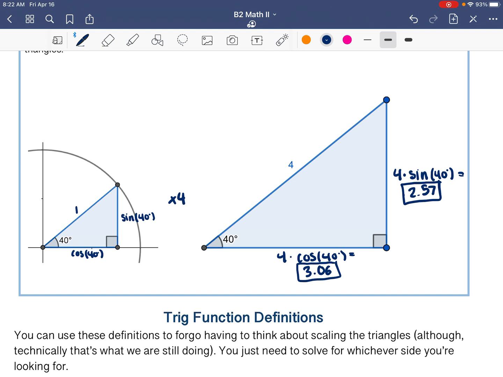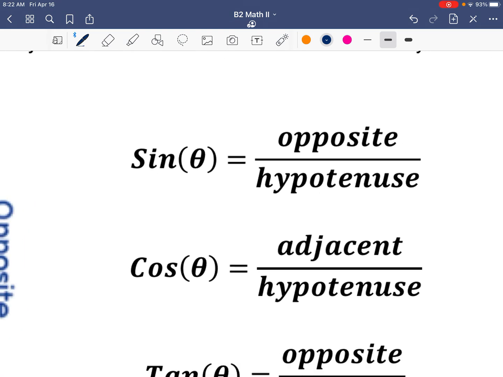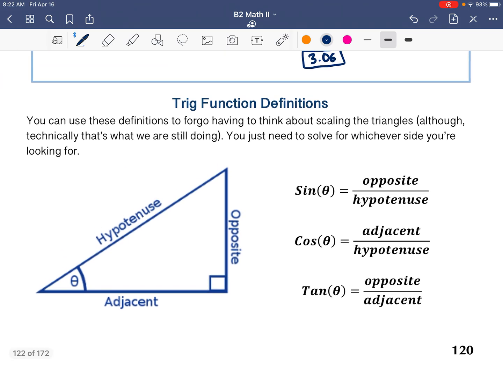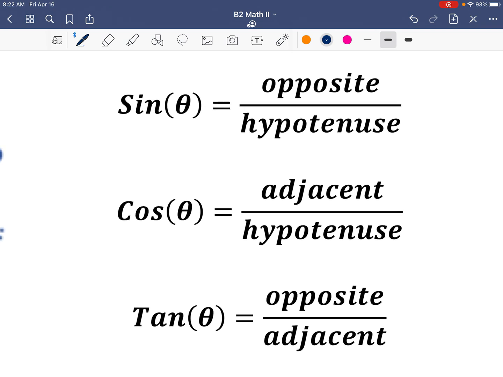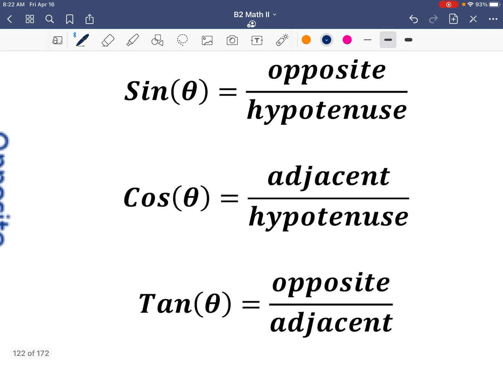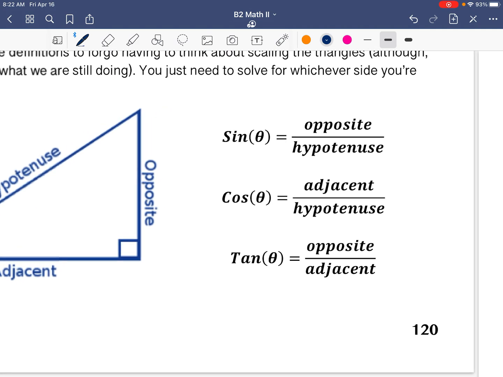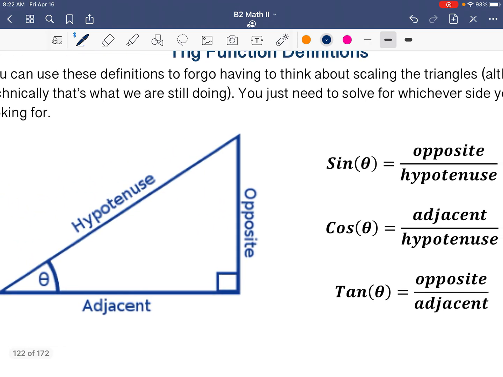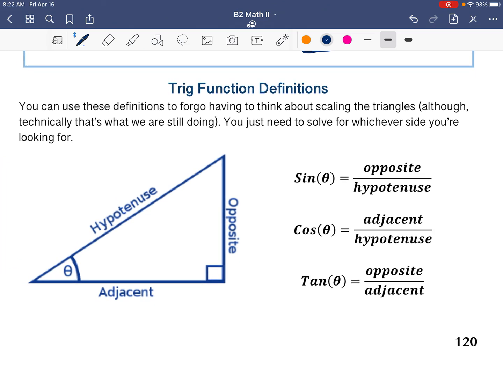So using that idea, we come up with these 3 trig definitions, and trust me when I tell you, all this is scaling up and down triangles. But these 3 definitions are the things that you absolutely need to learn this unit. Otherwise, you won't be able to do anything. And it's actually not too bad to memorize them. I will give you a little bit of a memorization technique on these in just a second, but just so we see here,